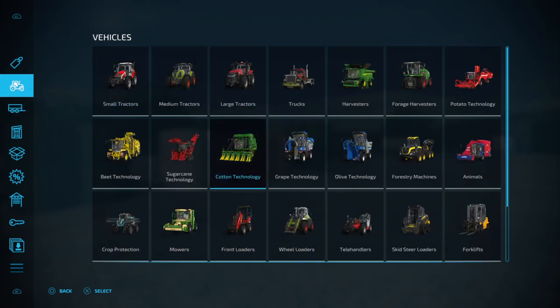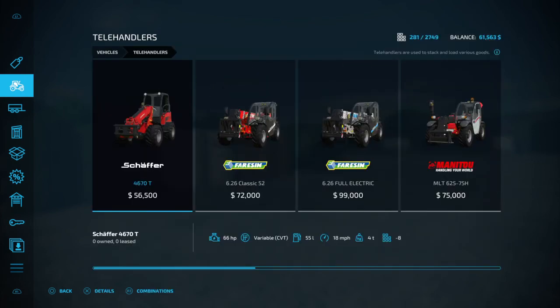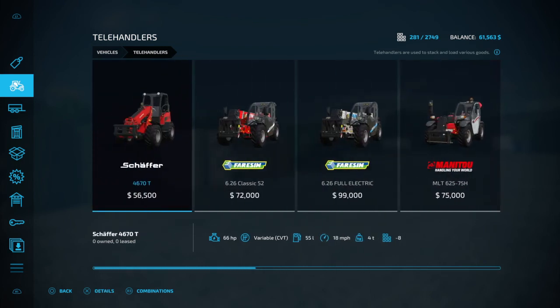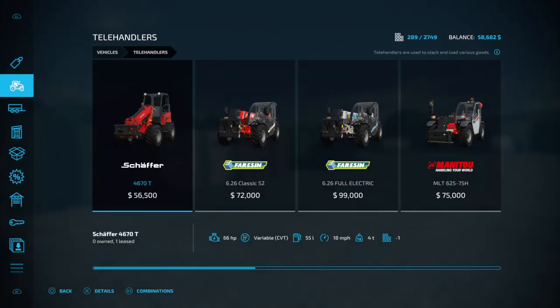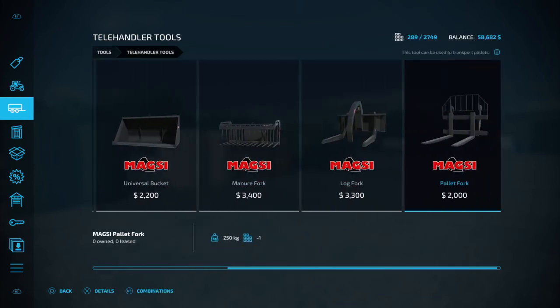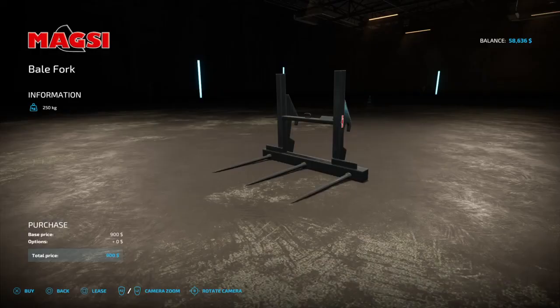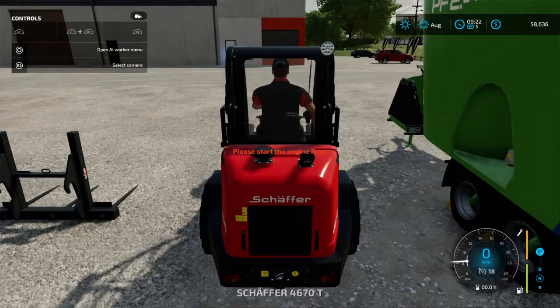So if I just go ahead and lease that, and something to load them up with, probably a telehandler, wherever they are. It doesn't matter about the price, we'll just use a cheap one. And then the telehandler tools. So, if I just jump into this,